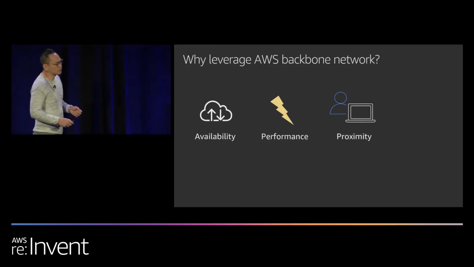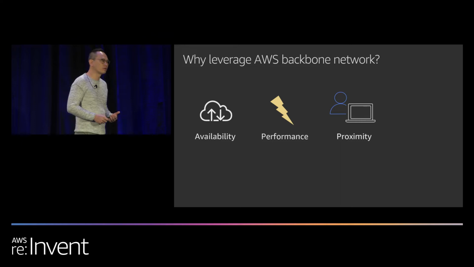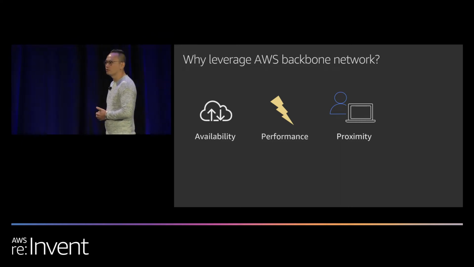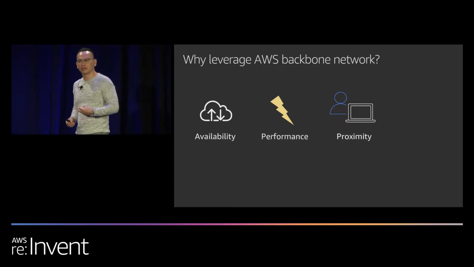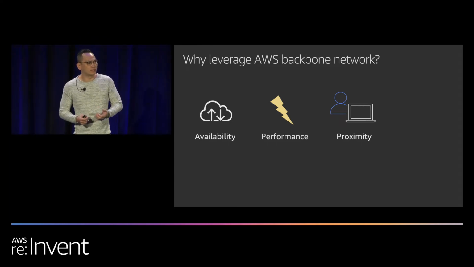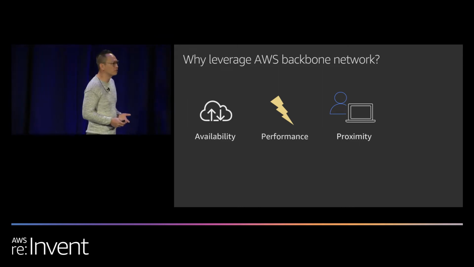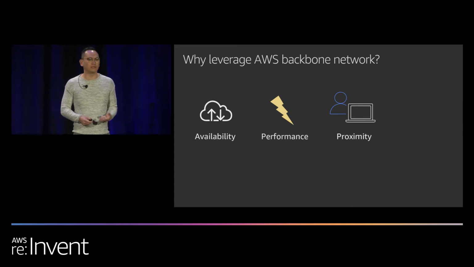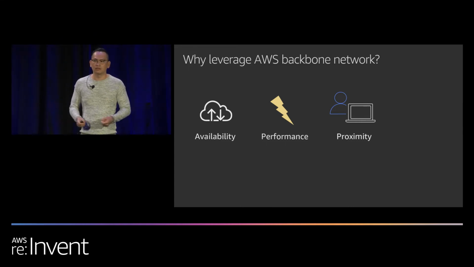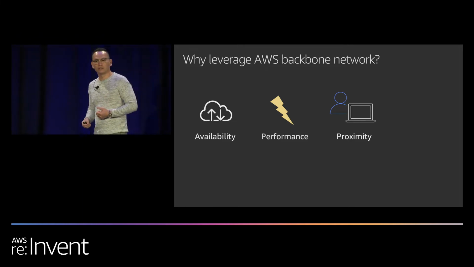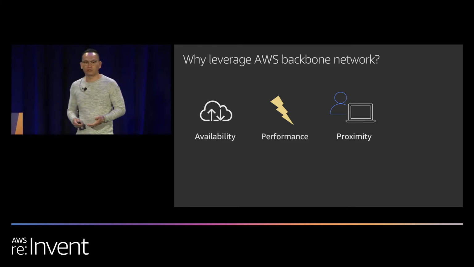The third thing is proximity. Having a global backbone network allows us to be closer to our customers. In certain parts of the world, you're limited in the number of options you have for connecting to these networks. And having a backbone network allows us to open up our options. We can do things like do our own traffic engineering to route ingress and egress traffic to different cities. This helps us overcome things like congestion at certain internet exchanges or even sometimes peering disputes.